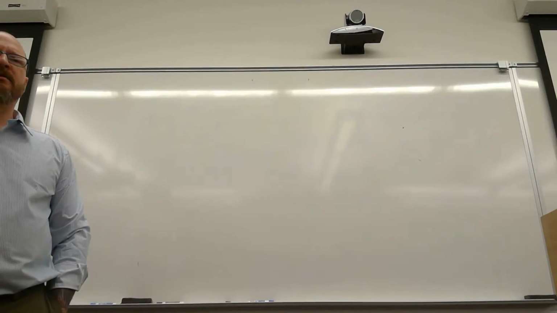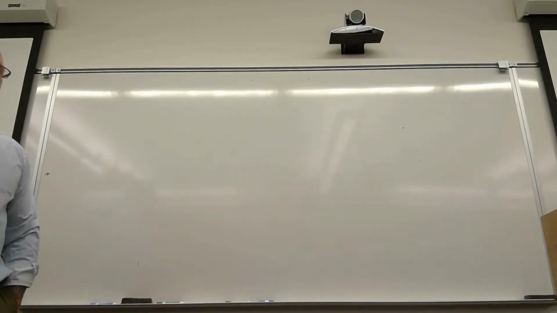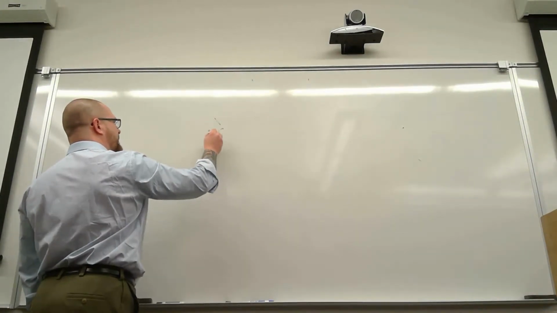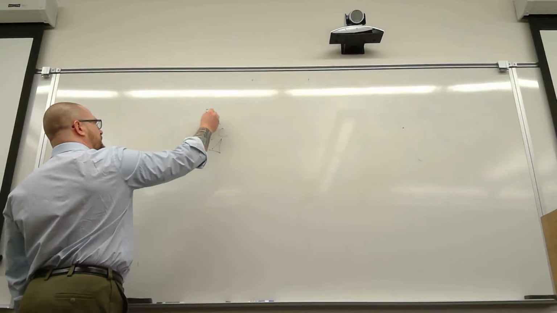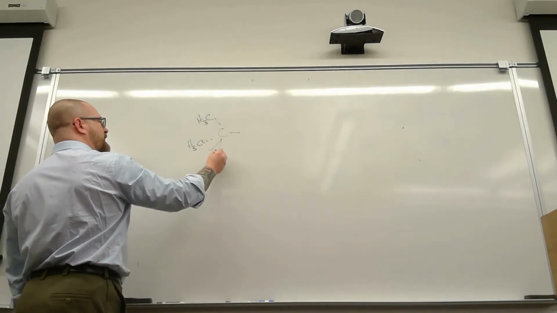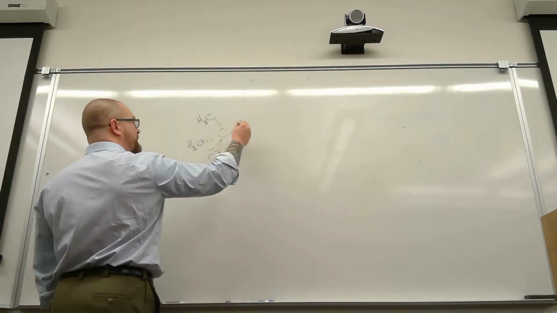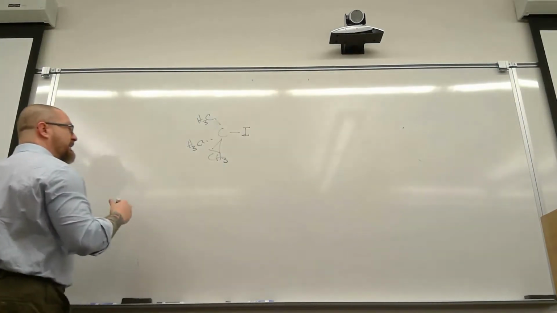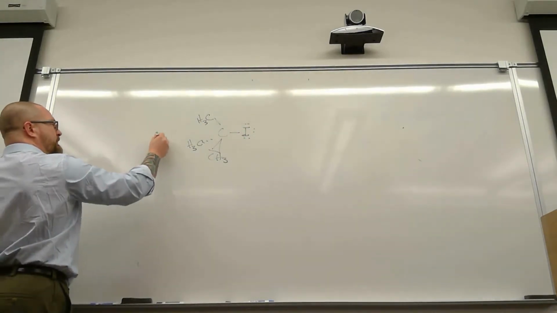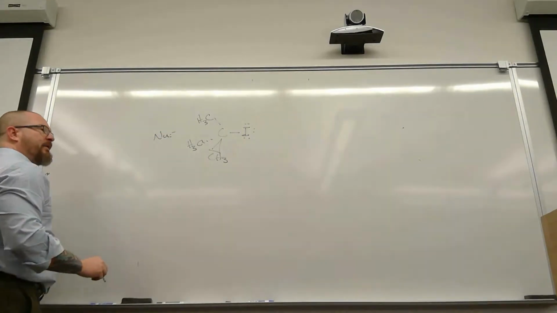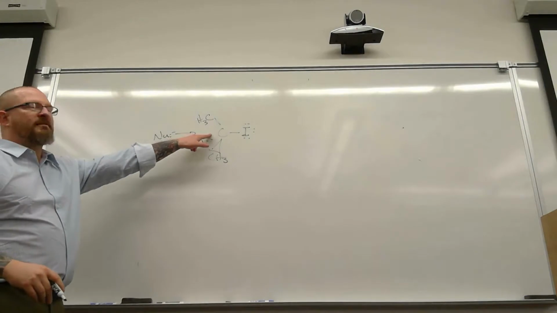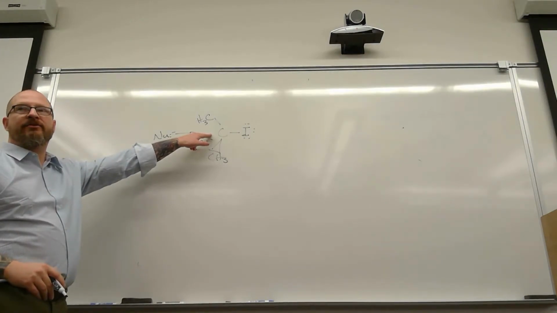SN1 doesn't have an initial attack. So for the SN2 reaction, if you have something like a t-butyl iodide, and we have some nucleophile, this nucleophile is going to have a hard time accessing the backside attack of this tertiary carbon,